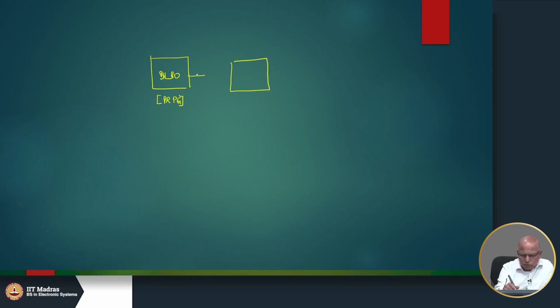This was a 4 output BILBO, and as a result we constructed some random logic. In this example it was a combinational logic,